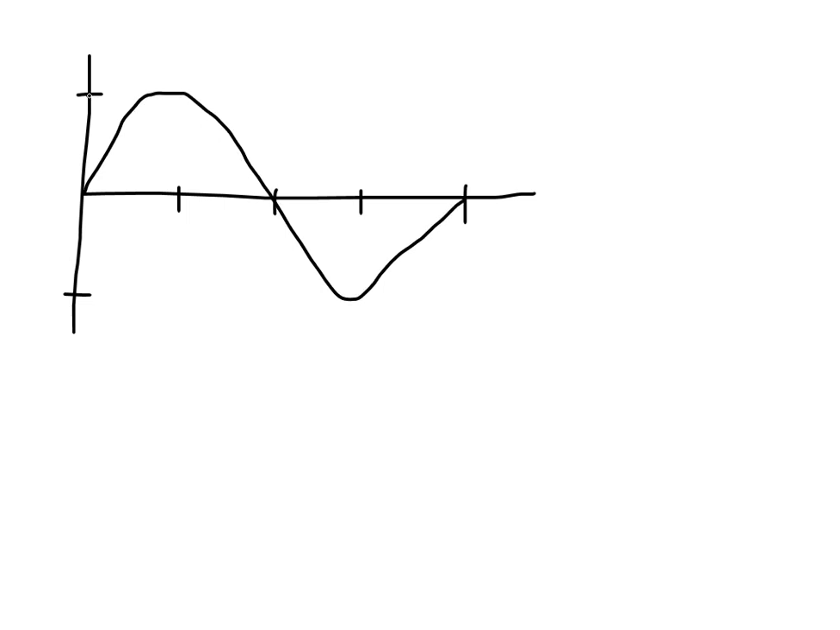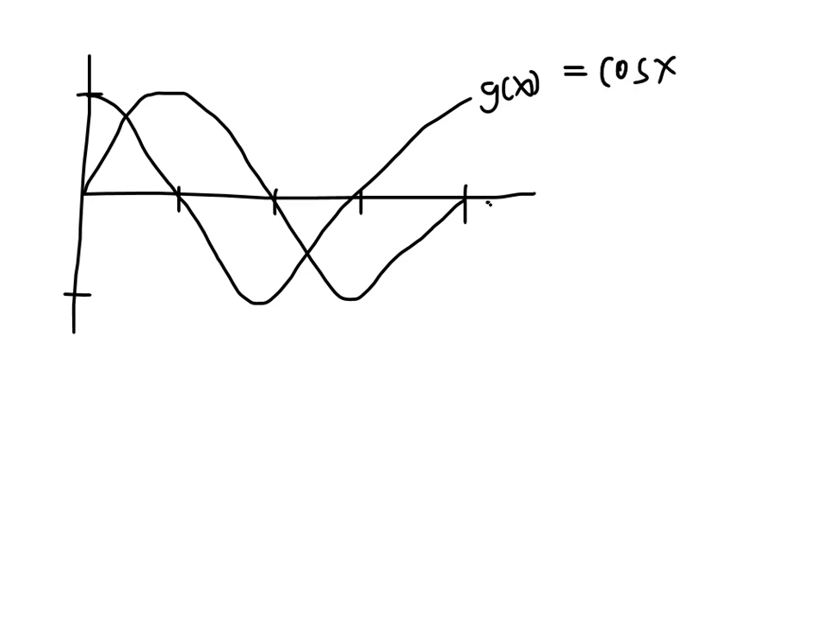And the graph of cosine was like this. If I remember, not quite sure, let's just say this is g of x is equal to cos x, and f of x is equal to sin x. So this is 1, this is minus 1, and this is 90, this is 180, this is 270, and this